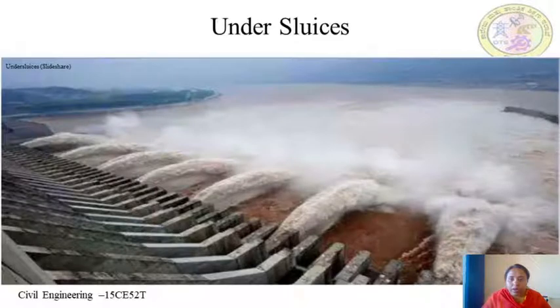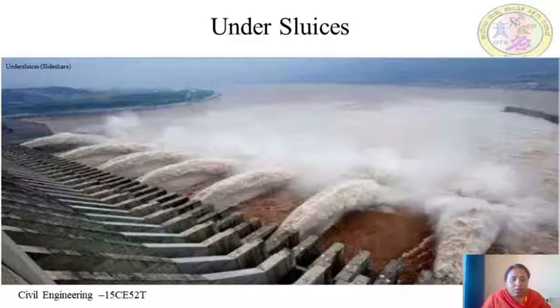So in the undersluices here, again you can see in the image that the undersluices are generally provided with gates, and these gates are kept closed. These openings are closed, and the suspended silt goes on depositing in front of the canal head regulator. And when the silt deposition becomes appreciable, the gates are opened and the deposited silt is loosened with an agitator mounted on a boat.